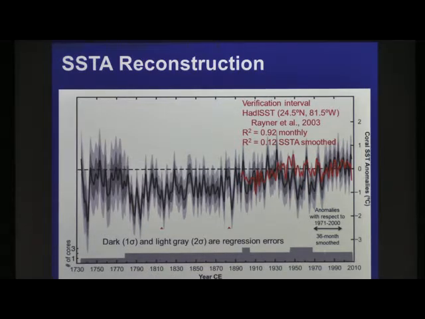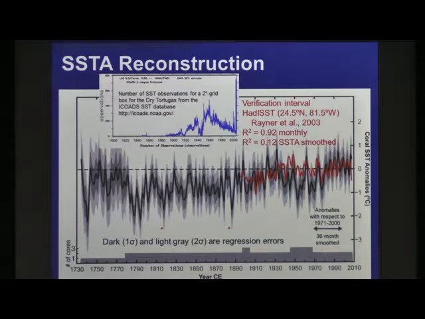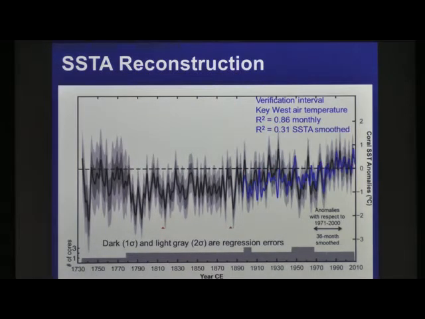So at first you scratch your head, like, is something wrong with the coral, or is there something wrong with the Hadley? So we wanted to compare this to another data set. This is just that same plot I showed from the beginning, showing the number of observations in the Hadley dropping off. We do have another long temperature record available, an air temperature record from Key West, and this goes back to 1986.